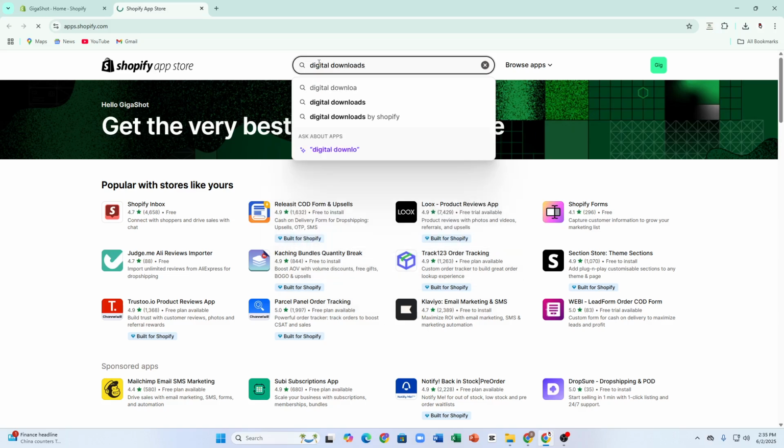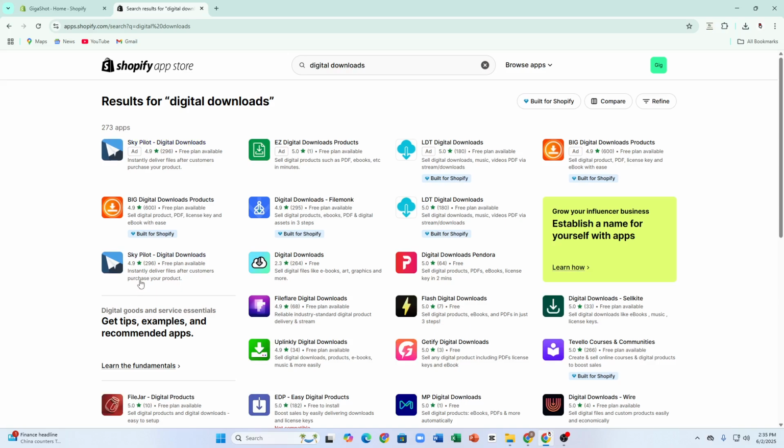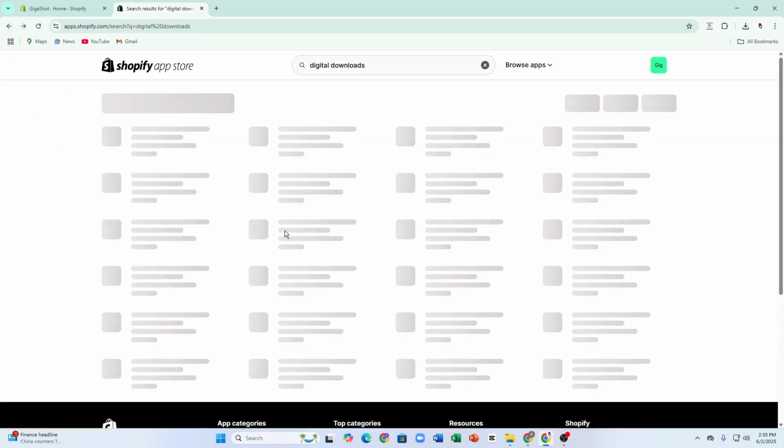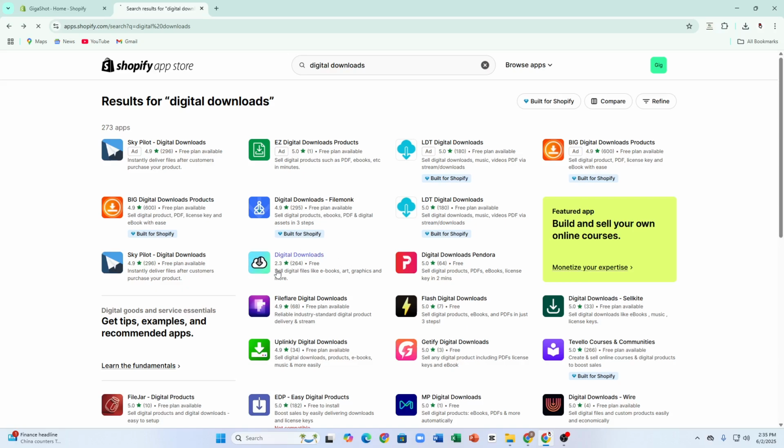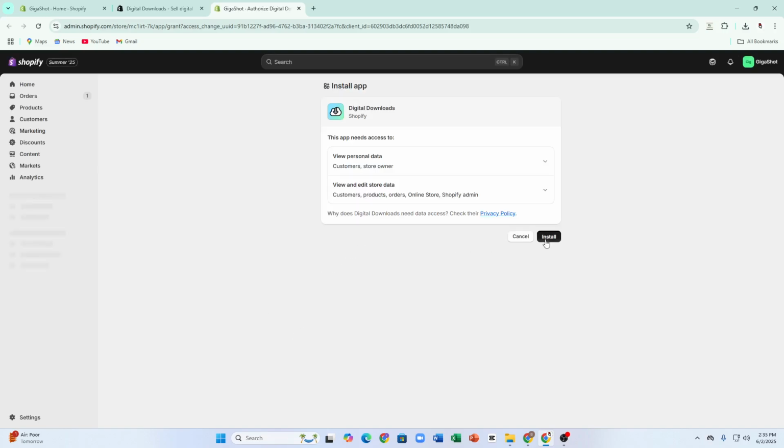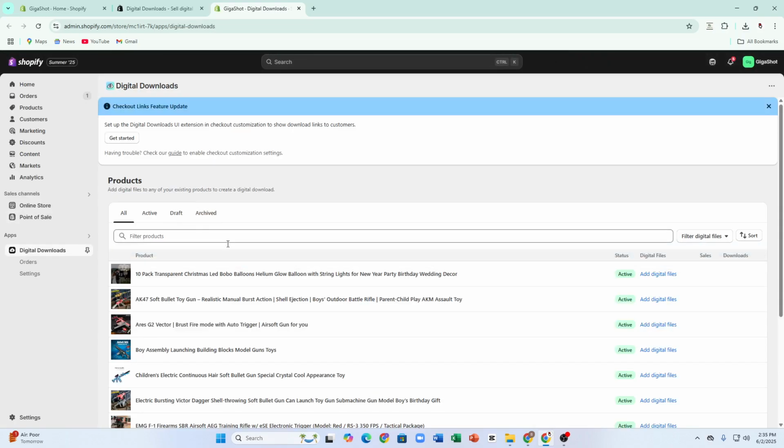Just simply search for it, and here you can see a lot of them, but I'm going to choose this one. Okay, let's skip this one because there is another one which is better than that, this one. Then tap on install. After tapping on install, you have to confirm the installation. Complete your installation from here, and after it is completed, there you go, tap onto Digital